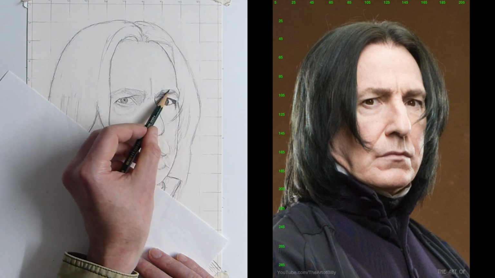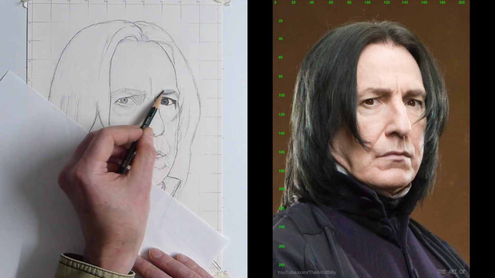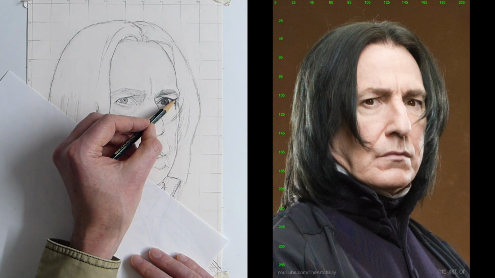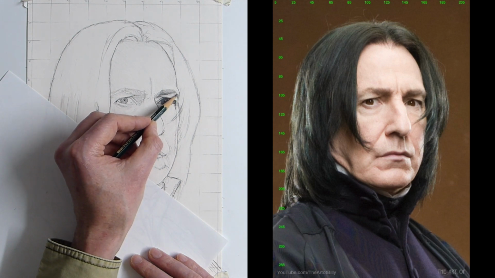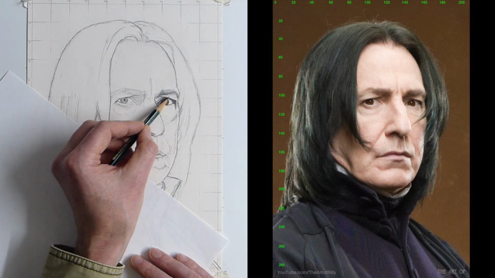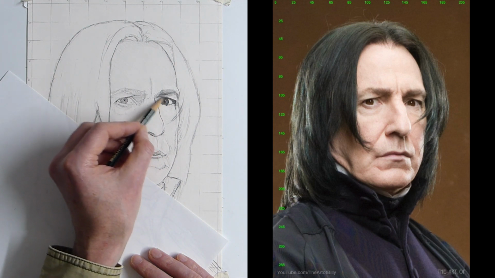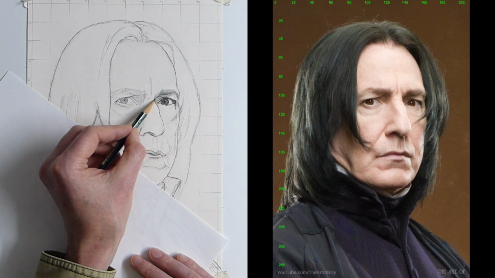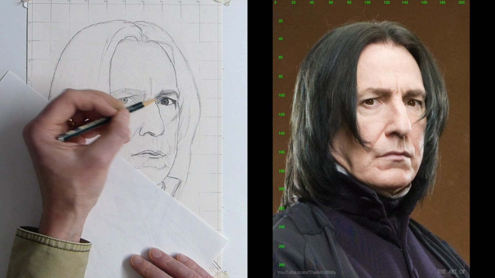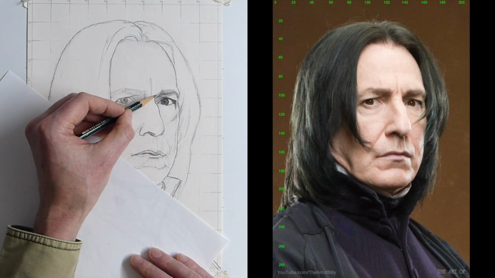So now I'm using the side and the edge of the pencil because that's a little bit lighter, and then we want this part right on the corner of his eye socket. You've got like a little V of shadow shading there, and then the shade comes right the way down to just above his pupil. And again, as I always say in the videos, it's easier to add tone than it is to take it away. So now we want